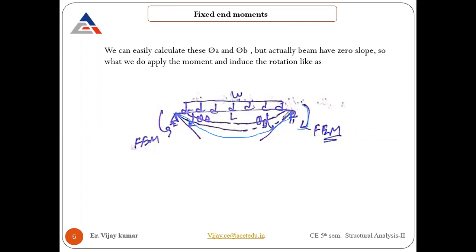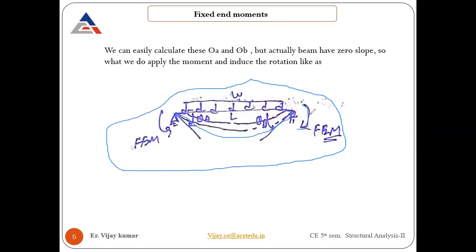This shape can move upward, meaning the deflection which is happening here, or the slope which is initially at the point of support, just around the support, will move. So after putting the fixed end moment, this beam behaves like a fixed beam. Yes or no? It will behave like a